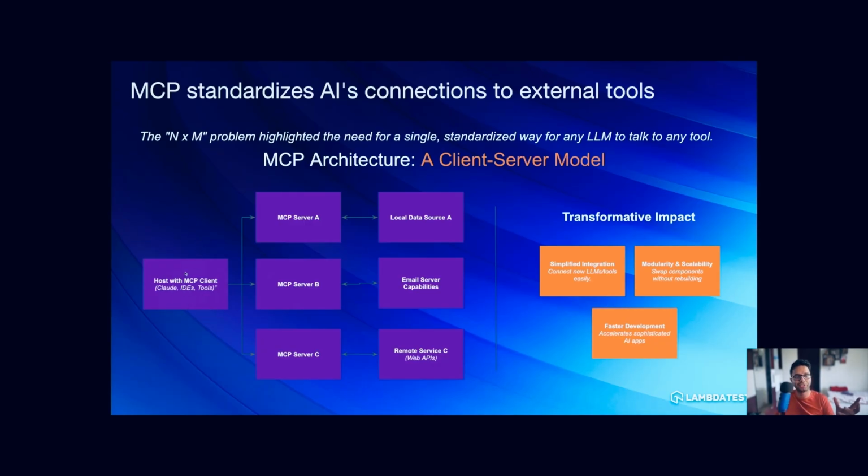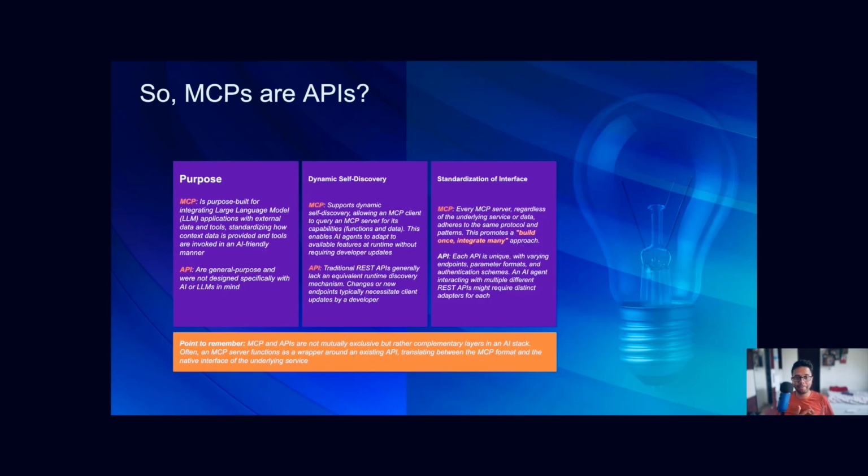When you ask a question to this host, it can ask the servers, and the server can advertise the primitives: what are the tools that you have, or do you have a tool for this purpose? I need to get the weather. Do you have the weather APIs to get the current weather or not, right? And that is the main difference between these two.